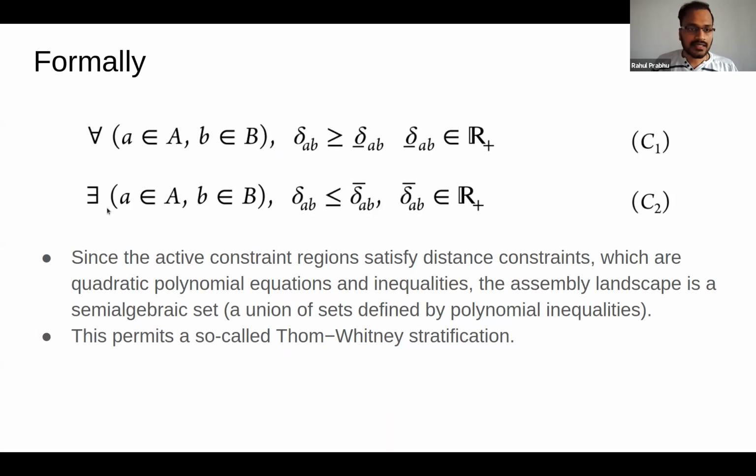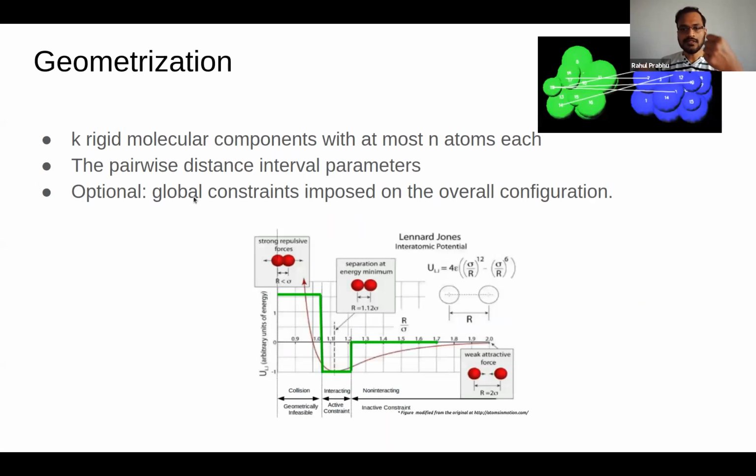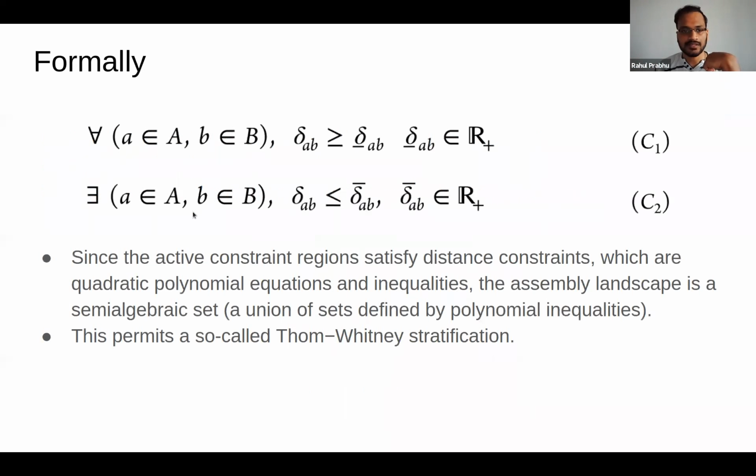And the second constraint says that, if I have to generate the configuration space of one molecule with respect to the other, I don't want any configuration space where the second atom is kind of floating. So I hold the first molecule rigid. The second molecule, I want at least one constraint to be active. So at least one pair of atoms, one from each molecule, is within this Lennard-Jones well. So that's what the second constraint is saying.